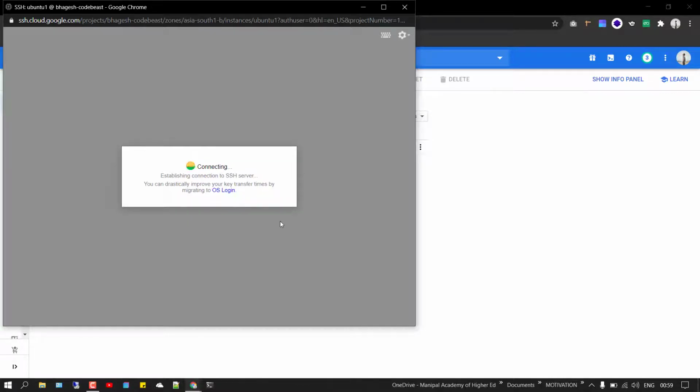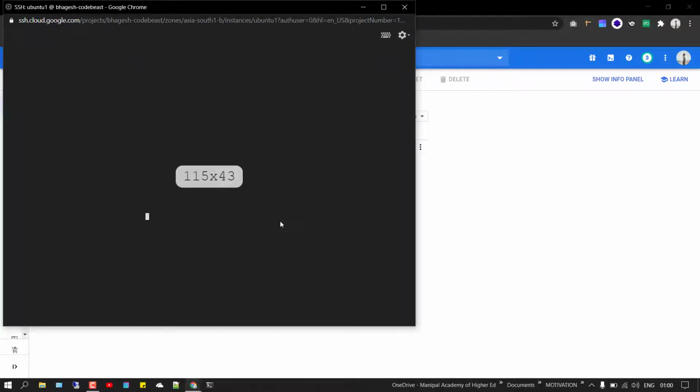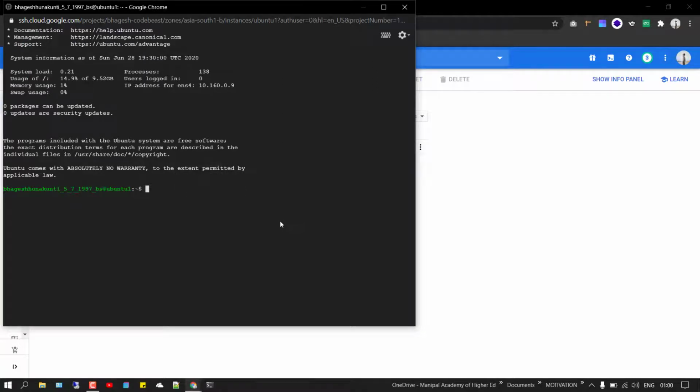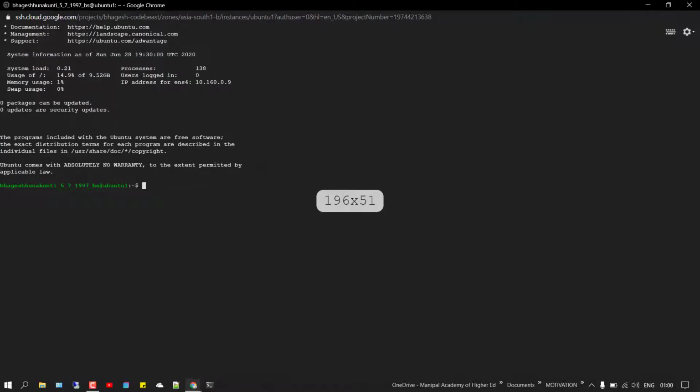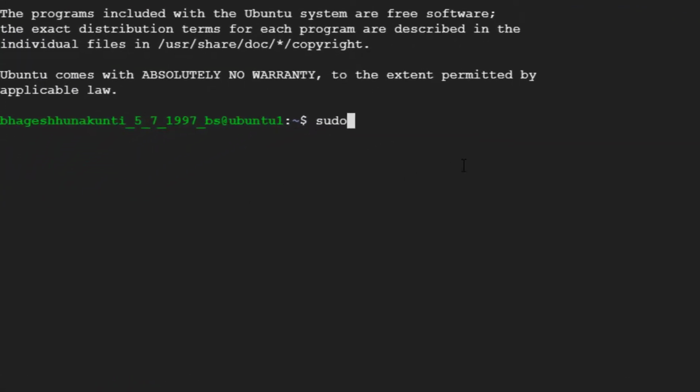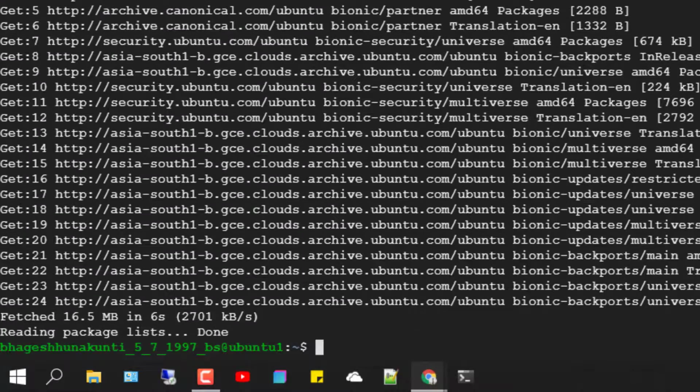So we will have to run 4 commands to convert this terminal into a full-fledged operating system, and they are pretty simple. I'll link them down below in the description, or just mention them. You don't have to worry about it. If you are familiar with Ubuntu, you can just understand what the command is, or you can just type it out and you'll be done. So the first command I'll be using, let me just enlarge this, is sudo apt-get update, just to update the system. Okay, the system has been updated. Let me just clear this off.